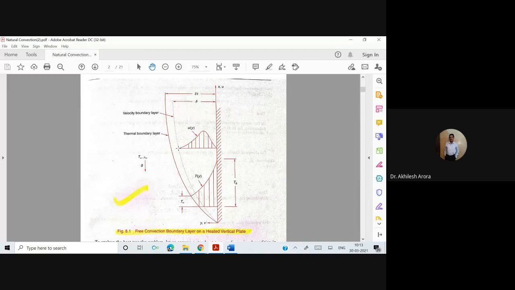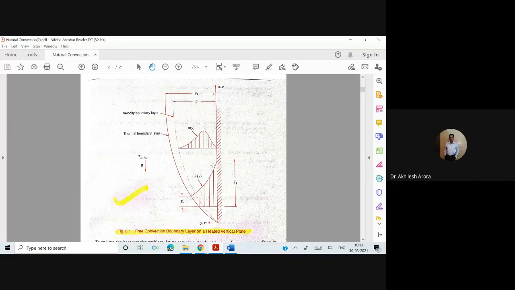But because it's natural convection, the surrounding air is at zero velocity, or u infinity is actually equal to 0. So here the velocity becomes 0. So this is the variation of the velocity profile in the case of a natural convection phenomenon. And in a similar manner, if you see it here, from this particular location to this particular location, this is the value of Ts, or the surface temperature, or the plate temperature. This length is actually showing the surface temperature value.